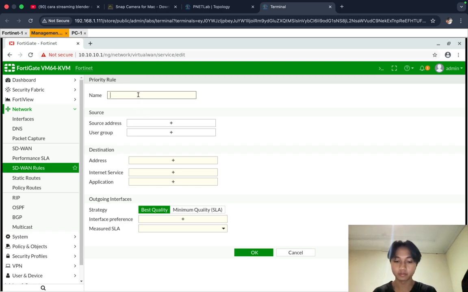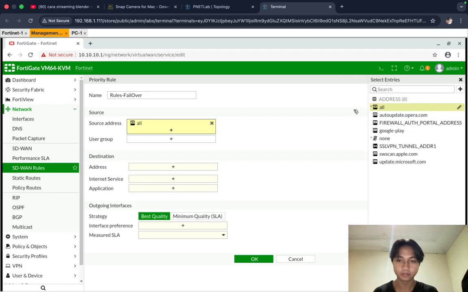Rule, failover. And then source address is all. For the destination address, all.